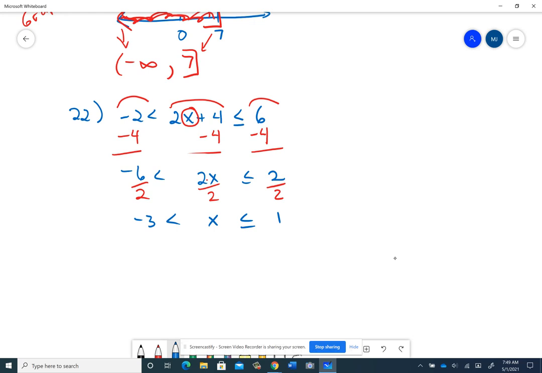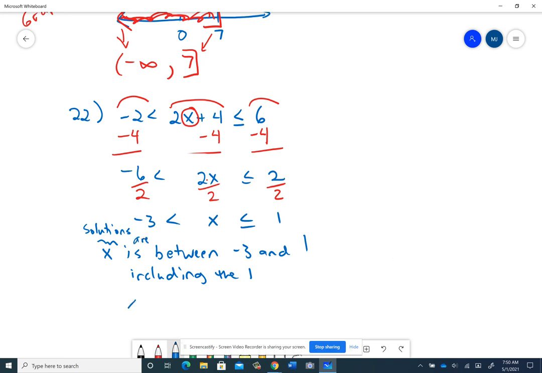People are interpreting this separate from that and then winding up having both arrows pointing to the left, which is not accurate. This just means x is between -3 and 1, including the 1. So your solutions, x is really solutions. The solutions are between